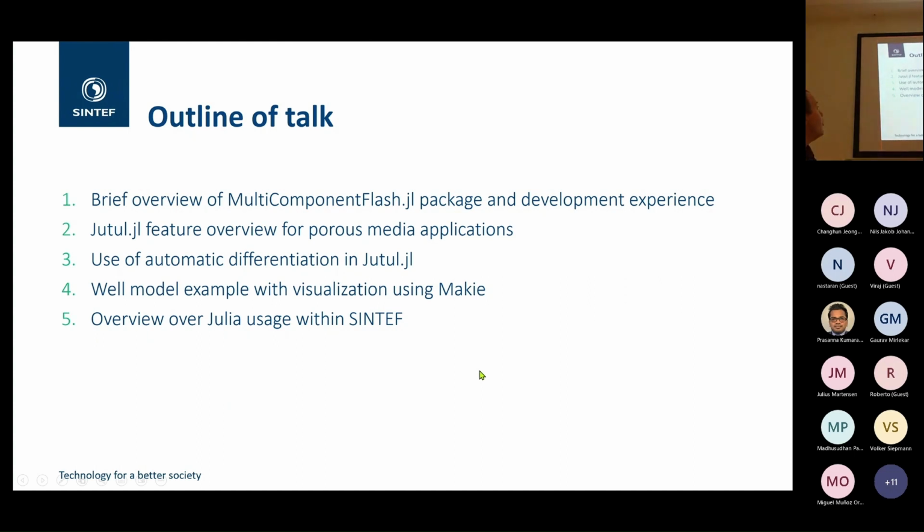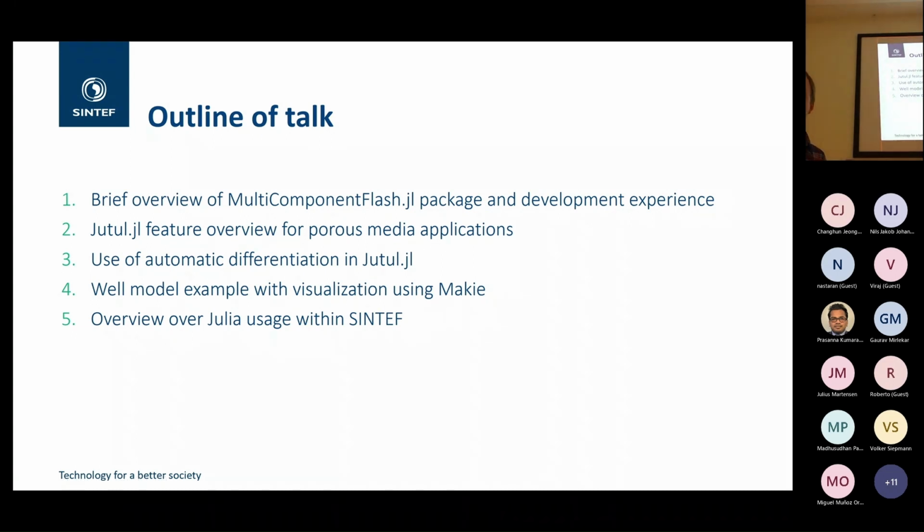I'll first start with a brief overview of a small package for multi-component flash and the experience developing that. I'll talk about Jutul in a bit, which is a porous media or reservoir simulator written entirely in Julia. I'll talk a bit about how we do automatic differentiation there, and we'll show some visualization towards the end of the talk. And finally, if I have time, I'll wrap up and talk a bit about Julia usage within the